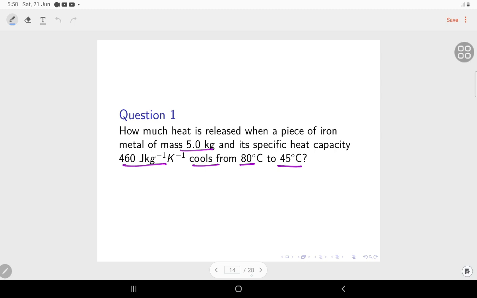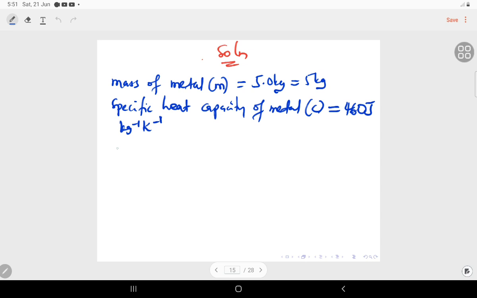We are given, so here is cooling, right? Initial temperature is 80 degrees Celsius. The final temperature